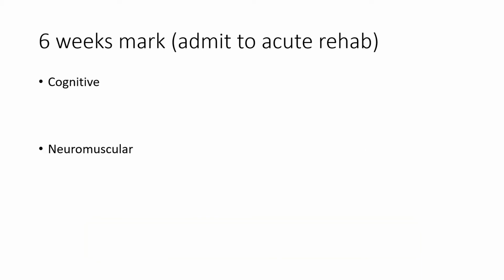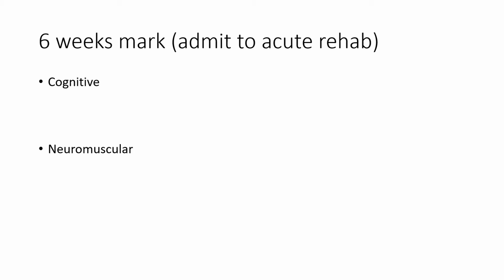So if we start at the 6-week mark in regards to the admittance to acute rehab, so this is 6 weeks post-trauma, let's appreciate that the different categories would be cognitive, neuromuscular, swallowing, and communication. And that's done on purpose. If you were a healthcare provider and a member of a team in the acute rehab setting, in the community, involved in the care of an individual, of a patient, odds are that there's going to be categories such as these that are highlighted within the patient's chart.